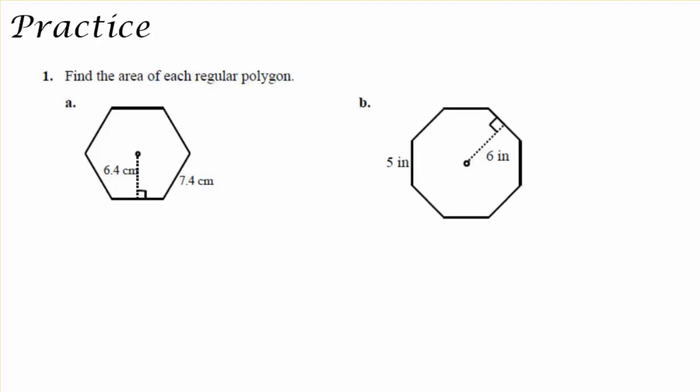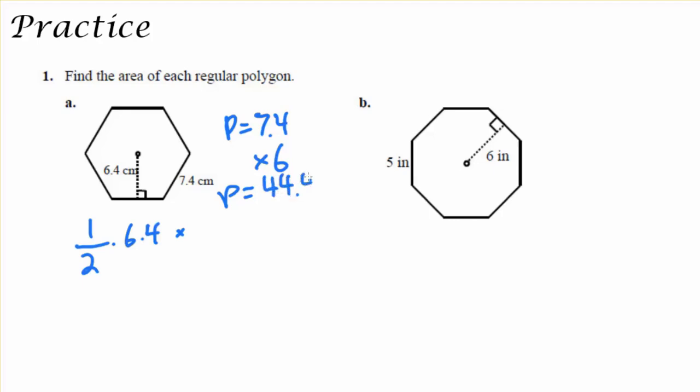Now, let's go ahead and do some practice and apply this concept right away so we can reinforce it. So in my first problem, I get an apothem of 6.4 and a side length of 7.4. So 1/2 times 6.4 times, I've got to find the perimeter, so I'll do that over to the side. Perimeter is going to be equal to 7.4 times 6. That's going to be equal to